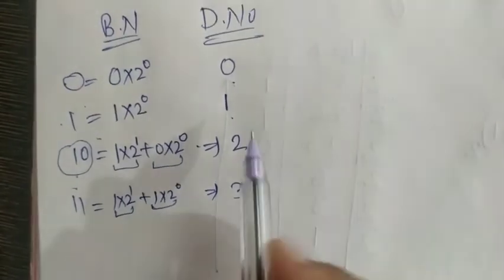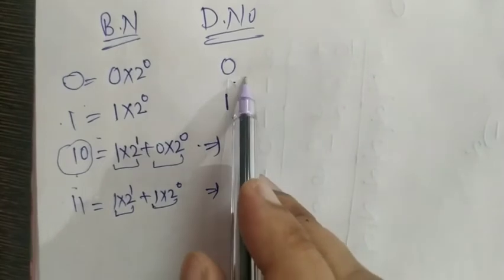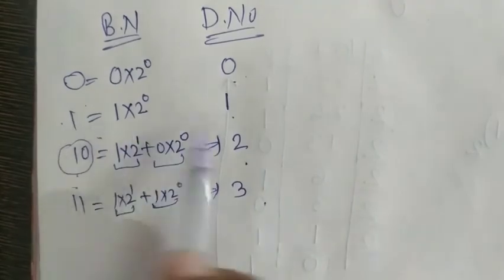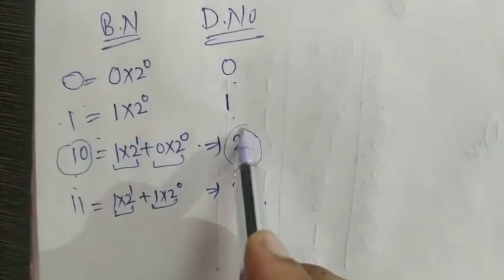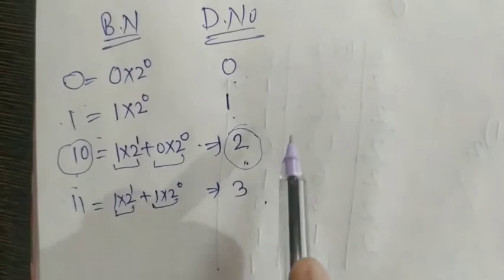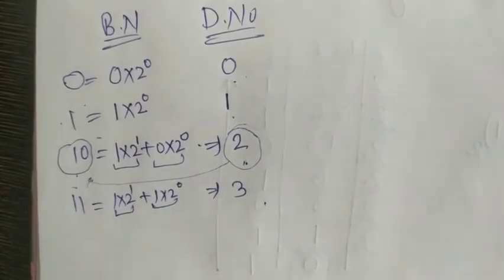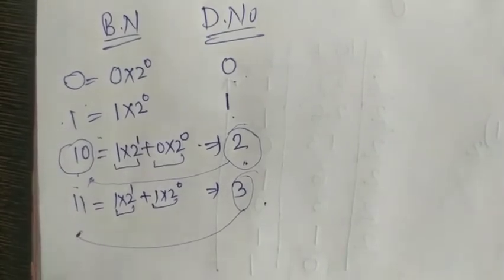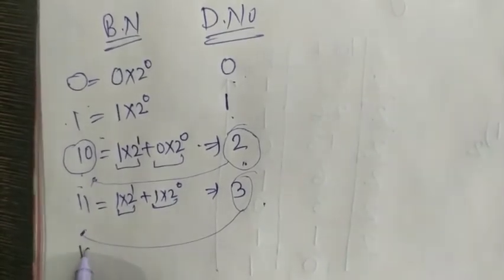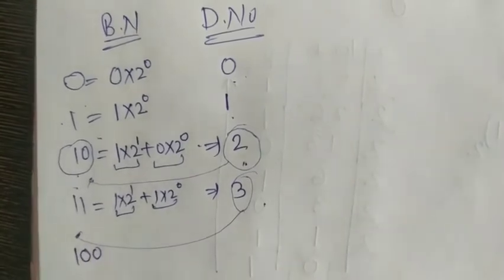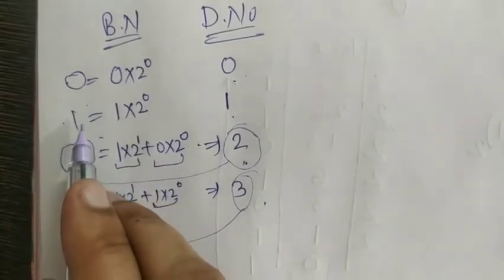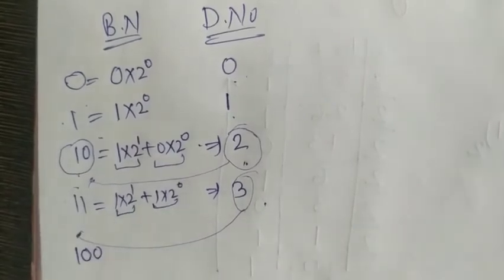Okay? So, do you understand this thing? 0 in decimal and binary is the same, 1 and 1 are the same. But when I say 2 in decimal format, it is 10 in binary format. 3 in decimal format is 11 in binary format. So after 11, I have 100. Here I don't have 12 because 2 is not available to me. My counting will go on like this: 0 1, 0 1, and so on.